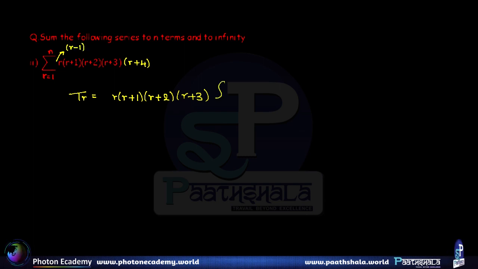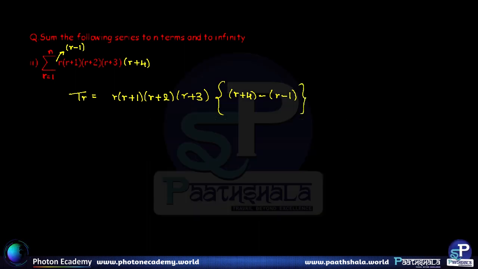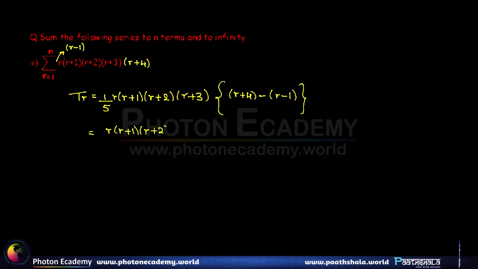So let's just multiply the whole thing by r plus 4 minus r minus 1, so that r will get cancelled, 4 minus minus 1, so that is 5. So divide the whole thing by 5. So this will result in, now we have r plus 1, r plus 2, r plus 3 into r plus 4,